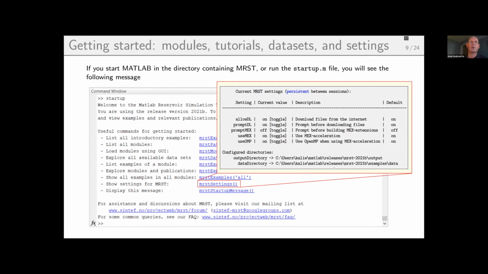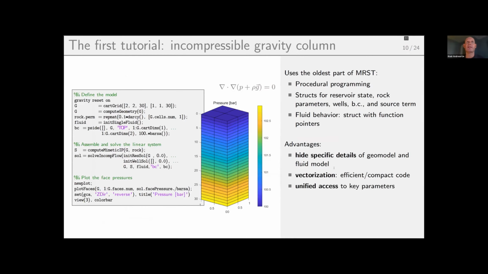Yeah, so that was all the information that you can get out of the startup message. Let's now move to the first tutorial. So the first tutorial is, as I said, kind of a hello world in simulation, where we compute a single phase gravity segregation. So the equation is like this, and what you see over here is all the code that's necessary to run and solve this single phase flow equation, and then plot and make the graph that you see